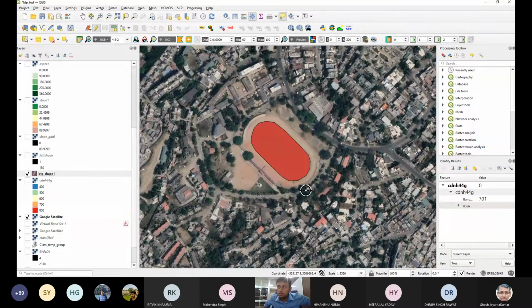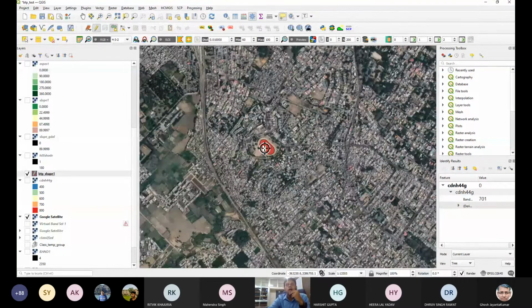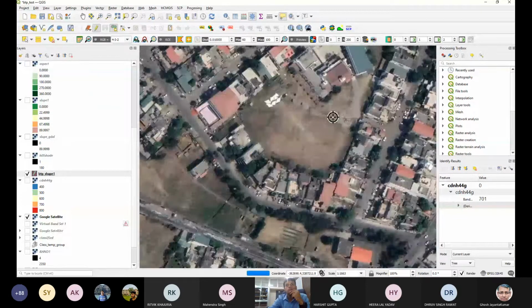For instance, if structural engineering group faculty members ask you to create all the barren land just to provide them all the data, you just identify your own geospatial data of open fields. You have to use the high resolution images or maybe your LULC map and create this data by yourself. Okay. And you can do a lot of things afterwards. Suppose this is one field, and let's assume that this is also one football field or maybe a cricket field or something.